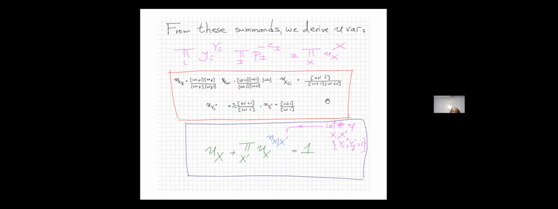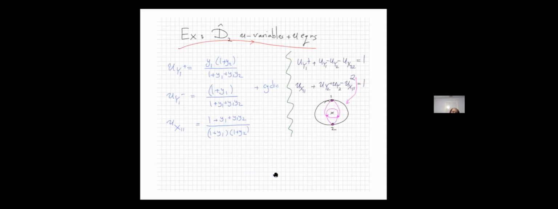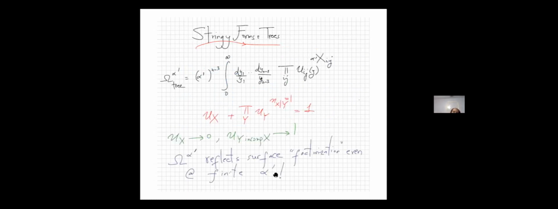we get u variables from Minkowski sums give us a representation of the solutions of the u equations associated with this dn hat surface. Again, these are not the u equations associated with the dn polytope that we talked about already before, but of this better thing from the perspective of the surface. All right, so that's all we need now. Now we can finally talk about what the stringy forms are at loop level, and then do the loop integrals and see what we get.